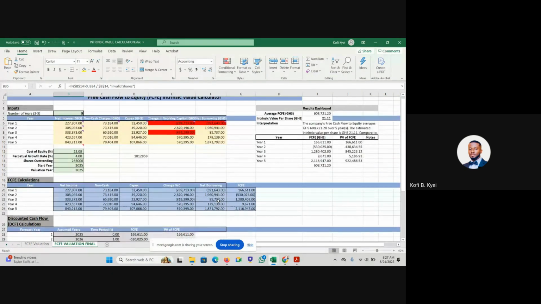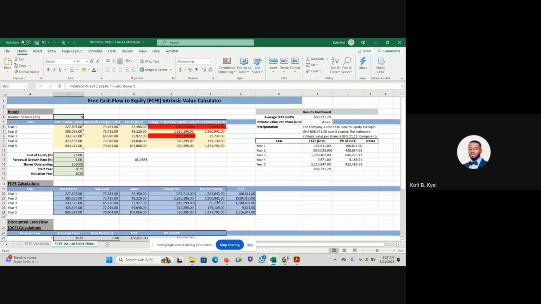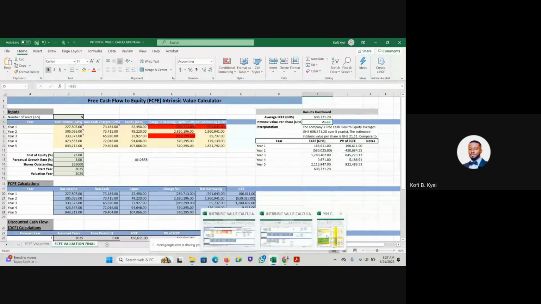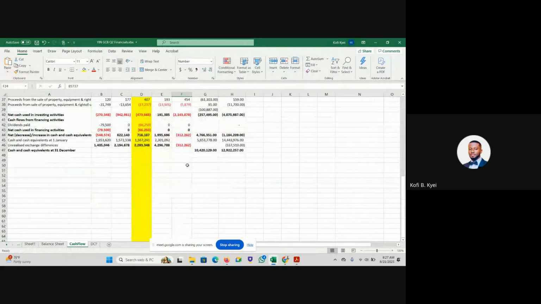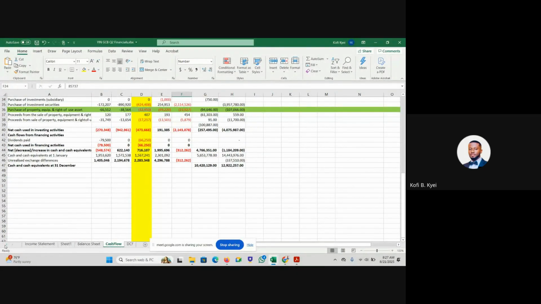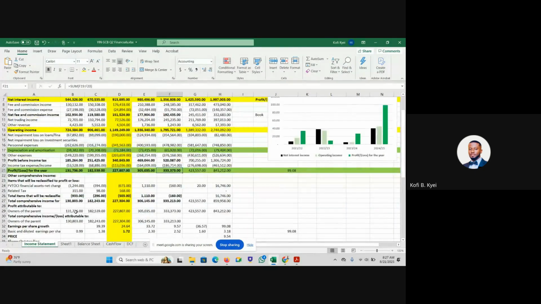In fact, I made mention that all the steps we are going through point to the fact that GCB is hugely undervalued. Even going by this approach, you realize that an intrinsic value at 21 cedis is still a huge price that we can point to. And another position too is that with all the ratios that we have looked at, all the ratios that we have analyzed,